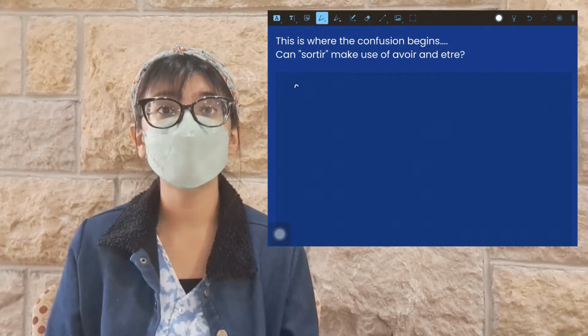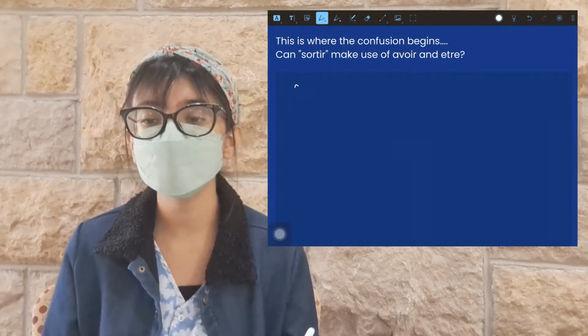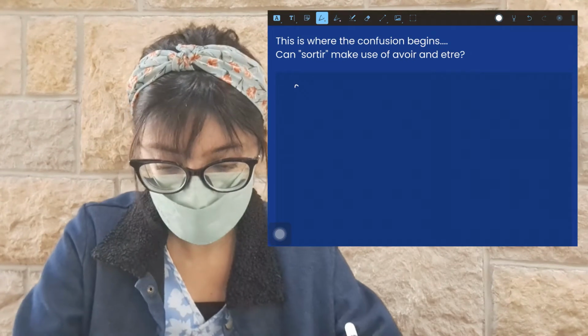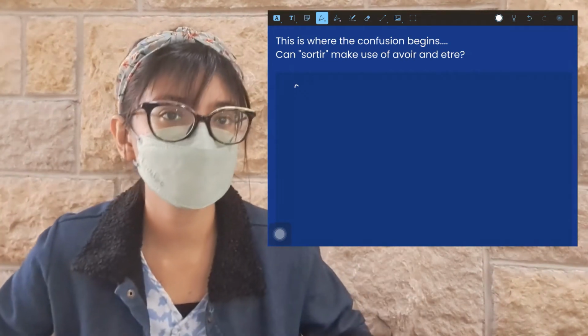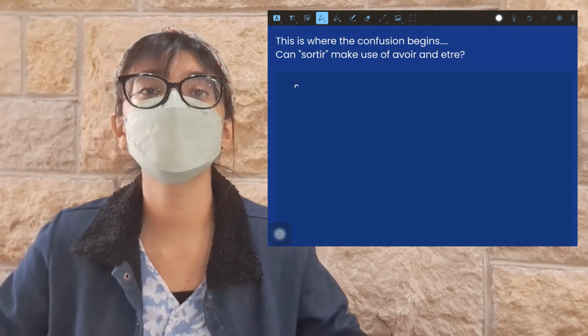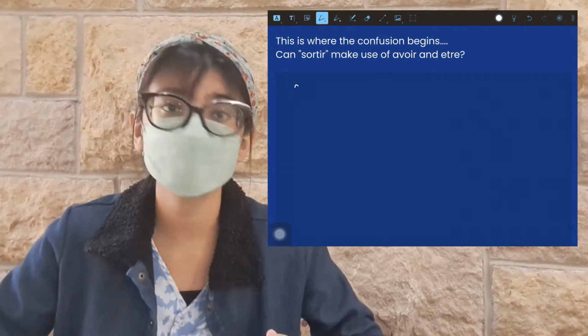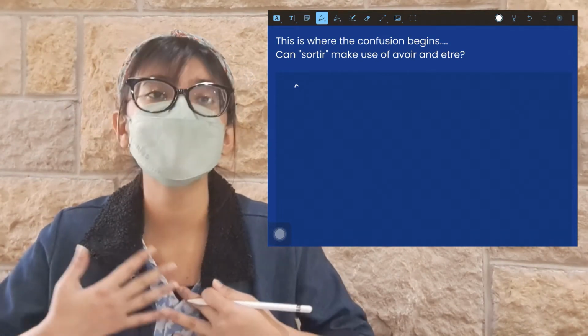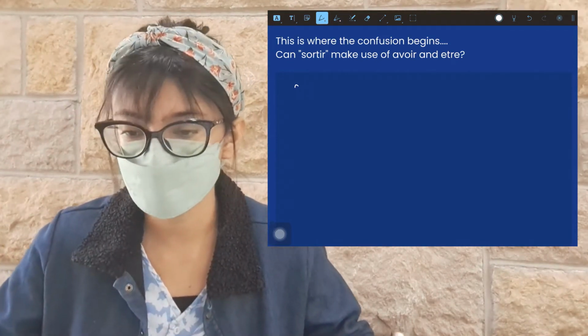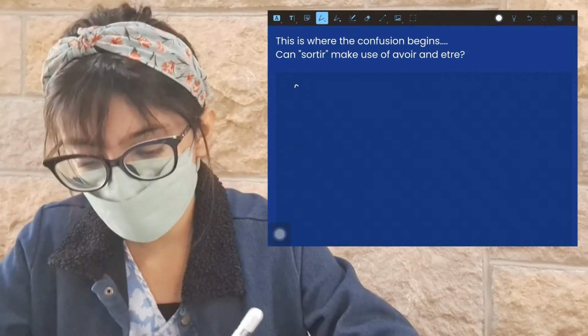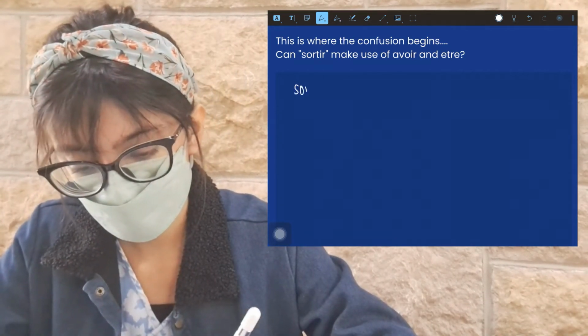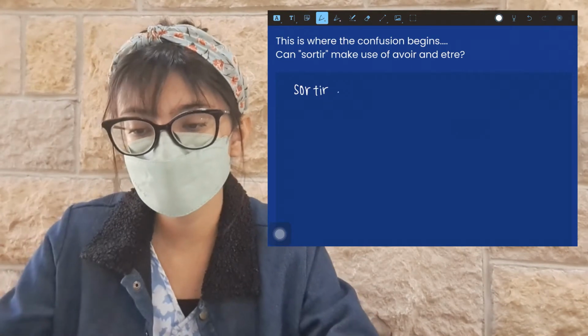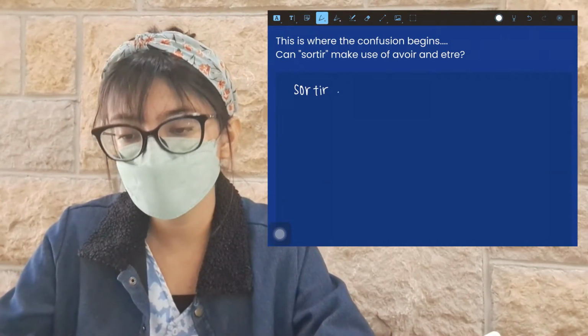But mind you, it is possible to use the verb avoir. And here is where all the confusion begins. So if you find this confusing, that's completely okay, because as a high school student, I myself found this very confusing as well. Okay, so when we're talking about sortir, two possible things can come to mind,